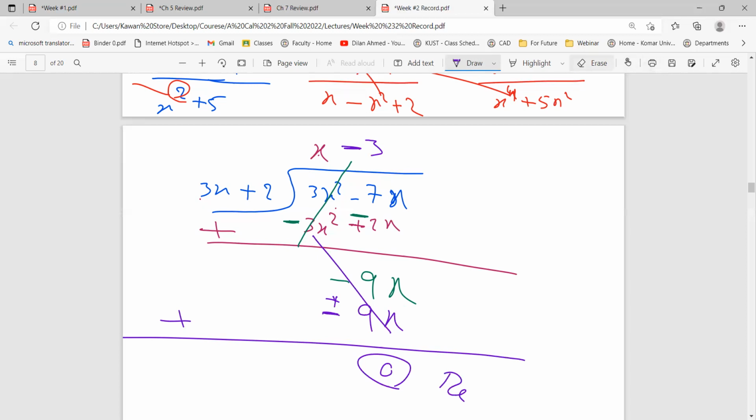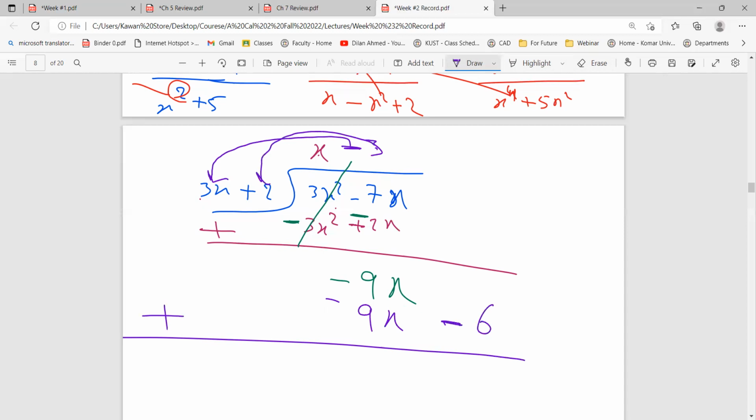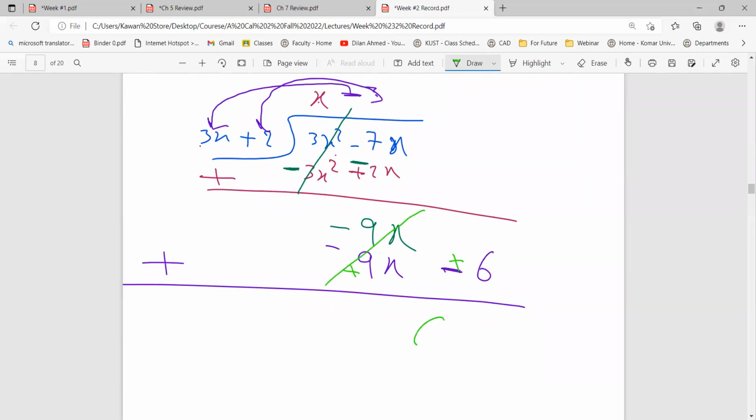Again, the same mistake. I am very busy today, I don't know. And minus 3 multiply here, I'll get minus 9. Minus 3 multiply here, I'll get what? Minus 6. So we are going to change the sign. That one will be positive, that one will be positive. So that one with that one will cancel each other, and I'll get 6. It's called